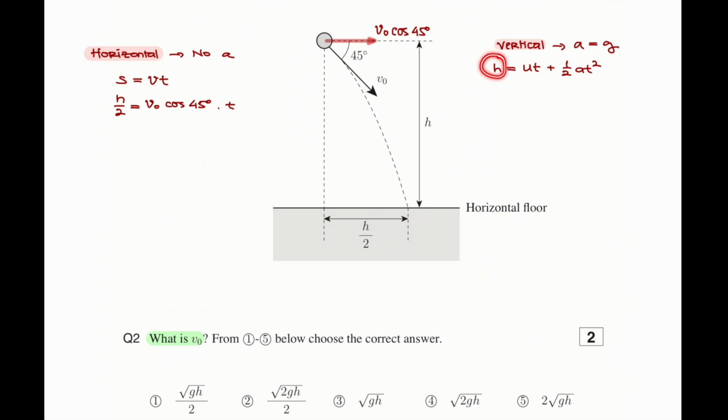This distance is the vertical distance. Vertical distance is h. This initial speed is the initial speed in vertical direction, which is this one. So we need to find this one first, the vertical component of the speed. Since the horizontal component is cos, then the vertical one should be sine. This is VO sine 45. So h is equal to the initial speed in vertical direction, which is VO sine 45 degree,